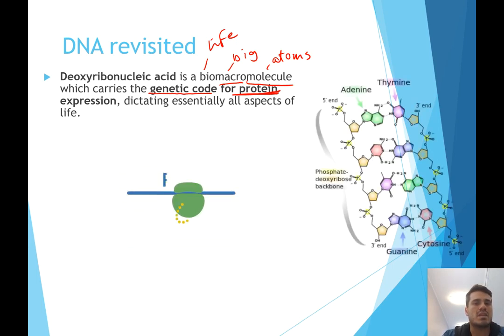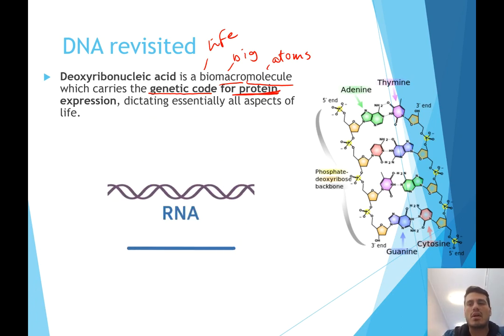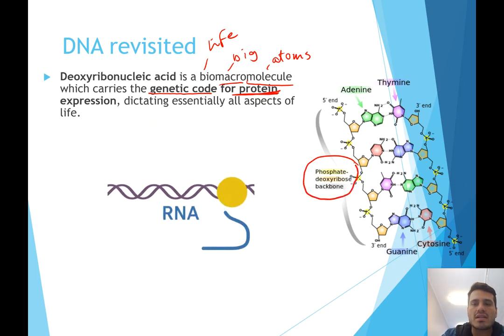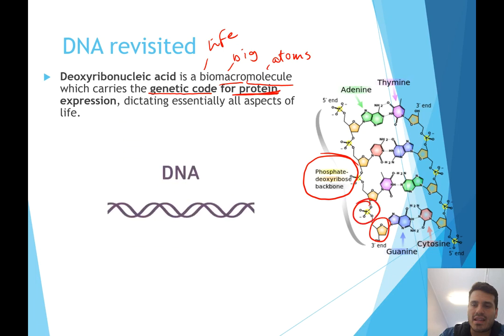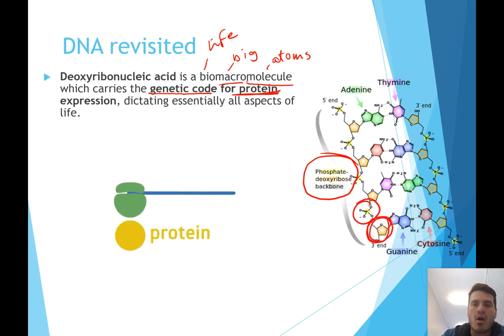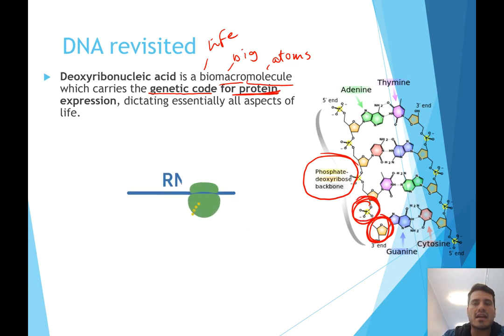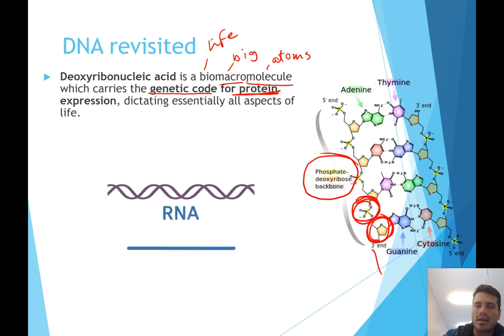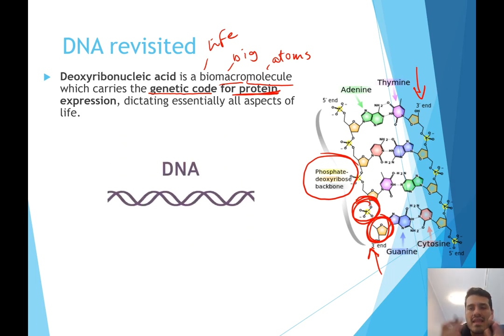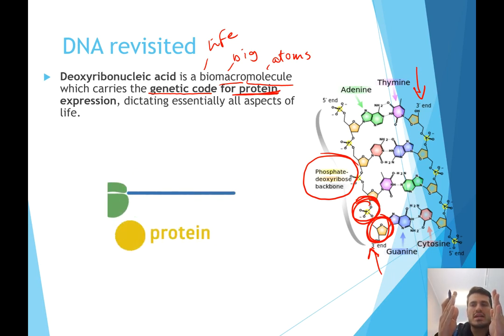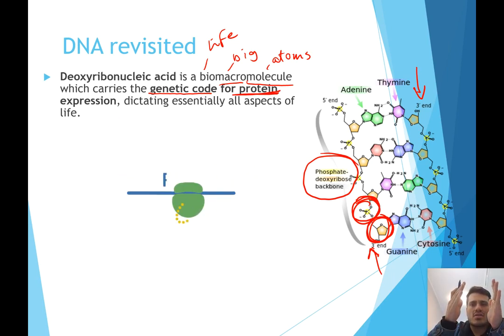specific protein. DNA can also be represented like this, and we can look at this representation in two components. We have the phosphate deoxyribose backbone, or I like just calling it the sugar phosphate backbone. So this is the deoxyribose component, and this is the phosphate component, and that makes up this backbone, and we have it going one way on one side, so it goes this way on this side, and then on the other side of the DNA, it goes that way, so we call it anti-parallel. Okay, and the outside of the DNA, the backbone, it's just protecting and making sure that it's structurally